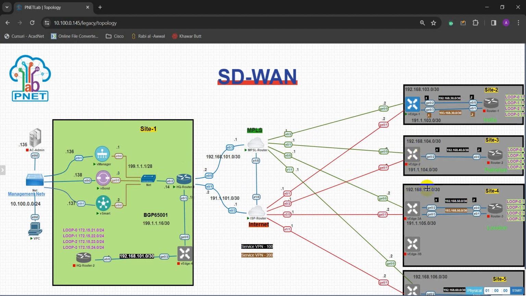So once all your templates are ready, then you can just apply those templates. Once all these site vEdges come on, straight away you can just onboard and push the templates, and then your site comes up. So we're gonna do all of these configurations using those templates, rest of the configuration on this edge once we onboard this very first vEdge router. All right, so for that we need